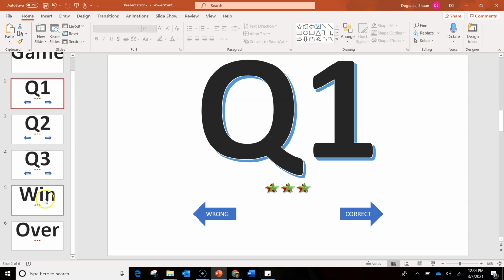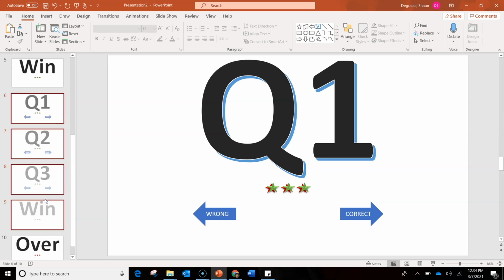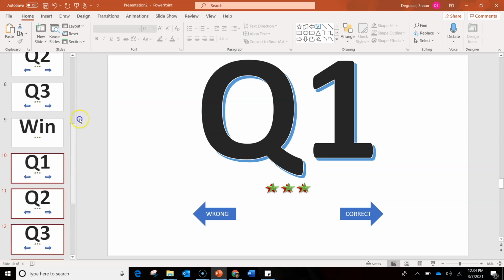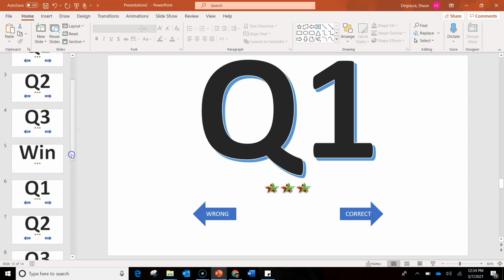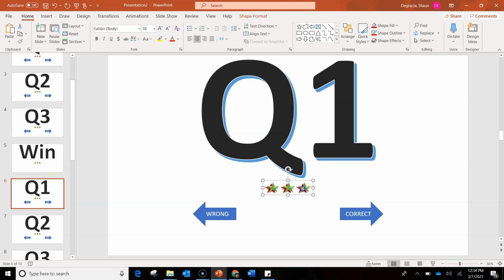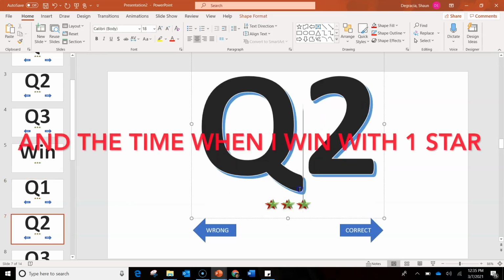Copy this, Q1, Q2, Q3, and win. So shift, click, and I'm going to make 2 copies. Because I have 3 lives, I have to make 3 instances. I need to make the time when I win with 3 stars, the time when I win with 2 stars, the time we won with 2 stars,